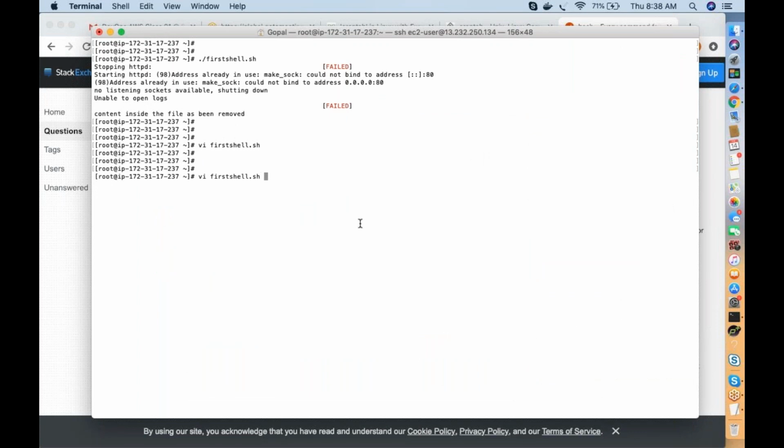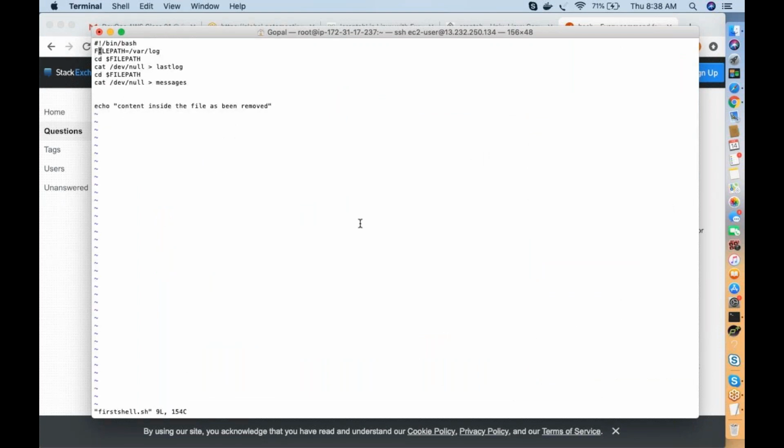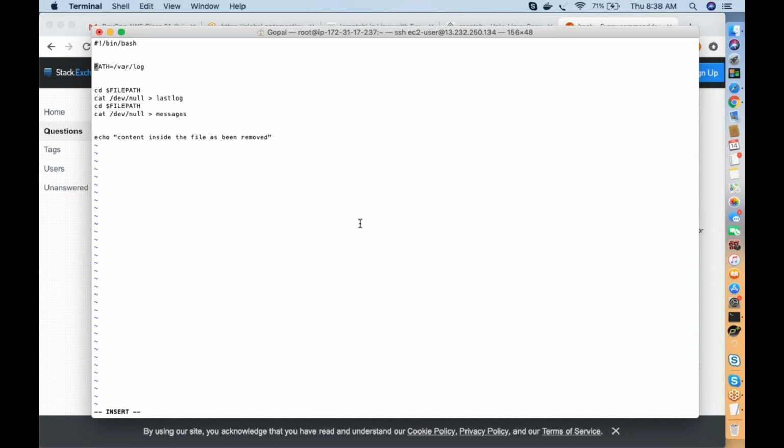Now I just changed this one. I moved to file path. Previously we had the variable name like this, and now we have the variable name called file path. We should not use simply PATH, because that is a Linux variable used in some binary files.